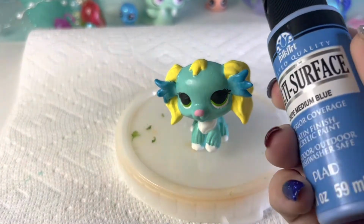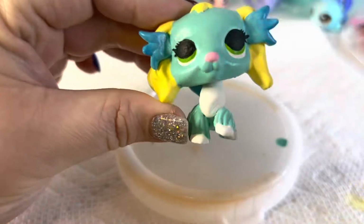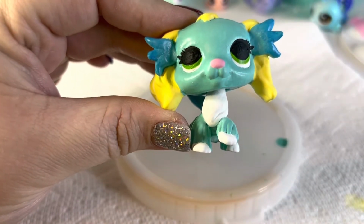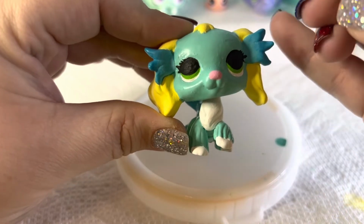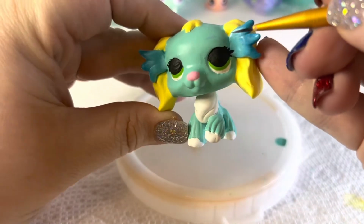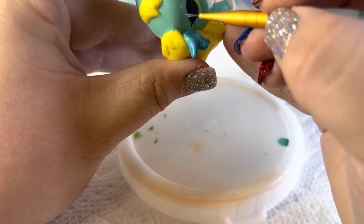And for those of you thinking we were out of the woods, that we got the eyelashes done and taken care of, joke's on you. The next part's way more scary. Another thing I don't do on my customs are eyebrows, but her forehead just looks so barren and Lagoona has eyebrows, so